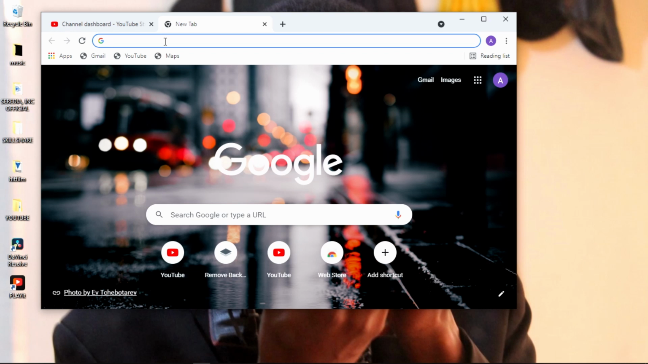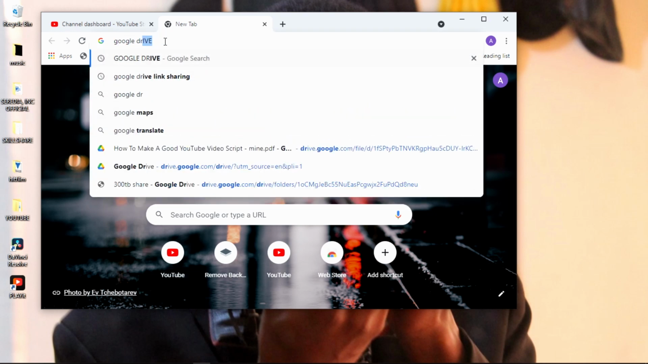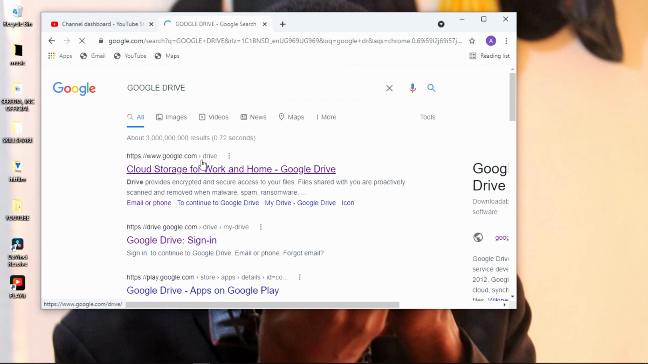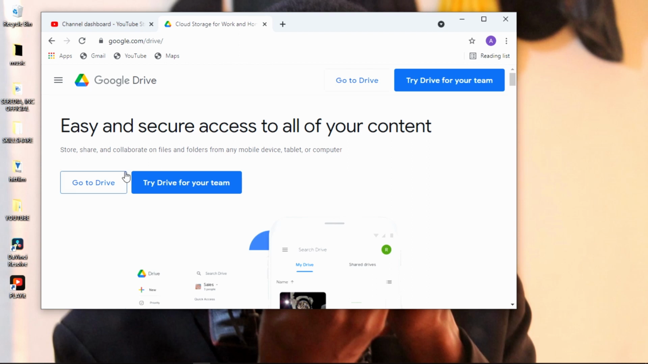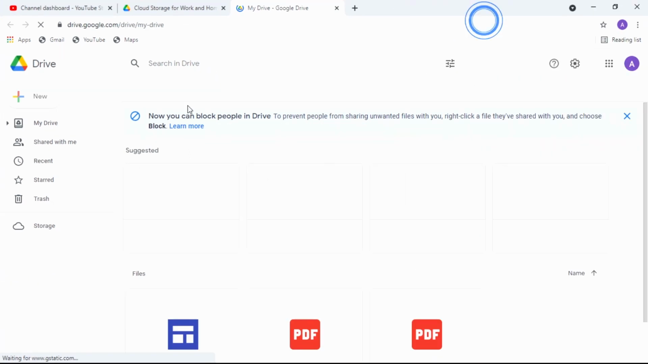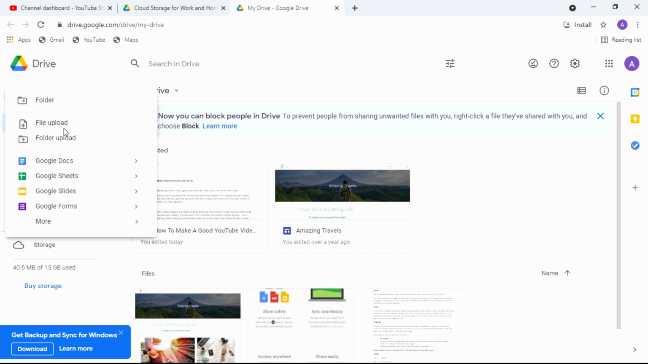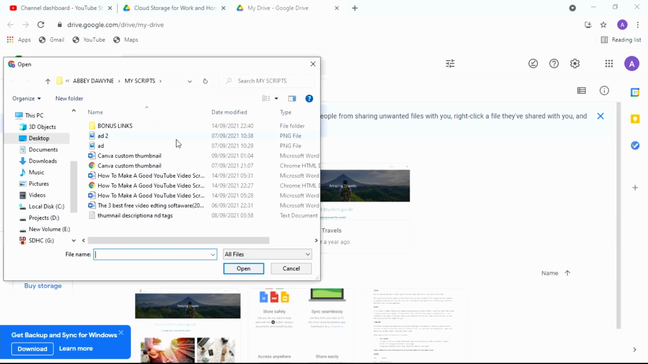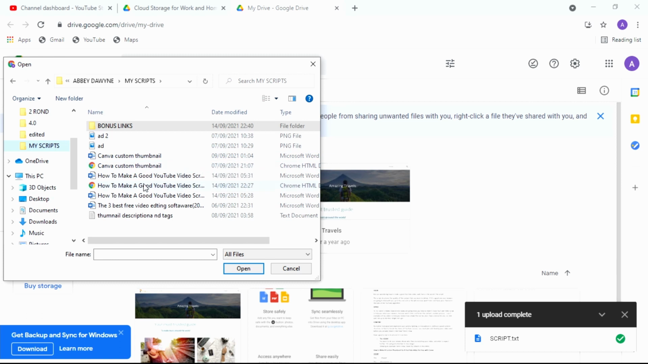Alright, so we're going to go to our browser and I'm going to put in Google Drive. So just type in Google Drive, and this is the thing here. When I go to Drive, this is my drive here. When I go to New, then File Upload, I can look for my file on my computer. When I go to my scripts, this is the file here that I want to share. When I go to Open,